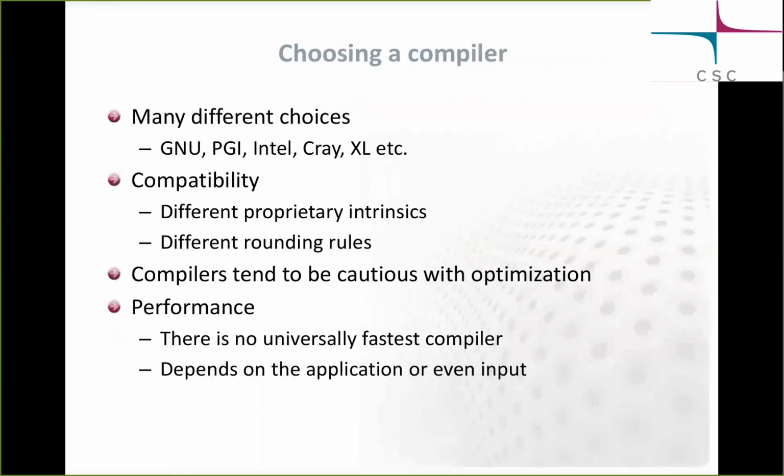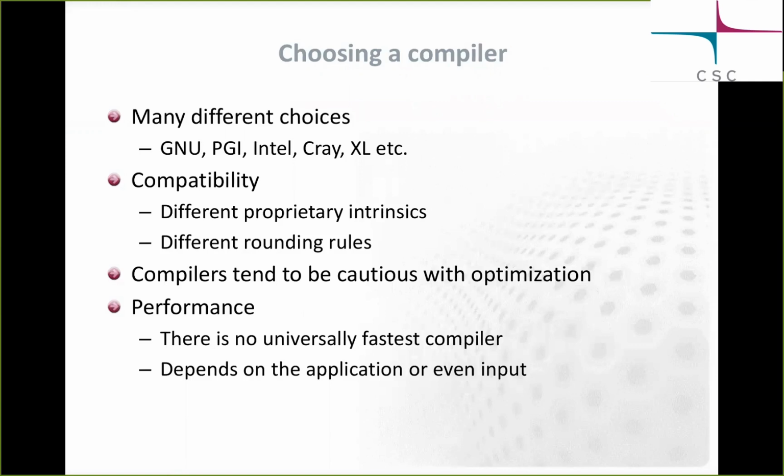And a few more words on compilers, because this is of broad interest. So just a couple of remarks here is that there's a lot of compilers that are able to compile scientific applications with high performance. For instance, on the CISL system, we have GNU, Intel, and Cray compilers available. And the difference here is that